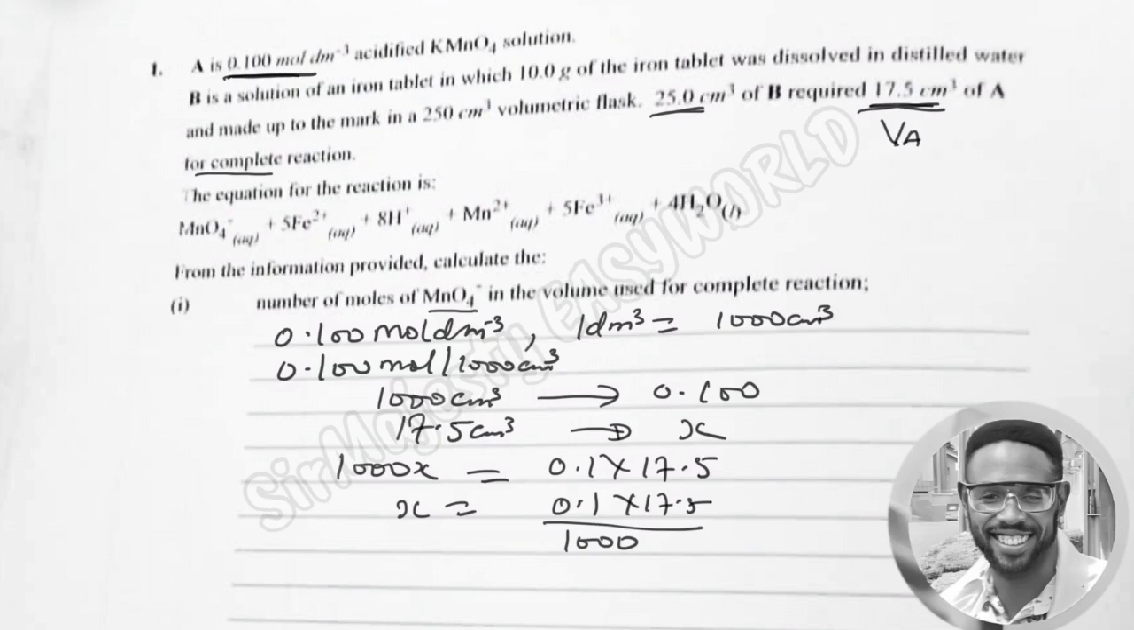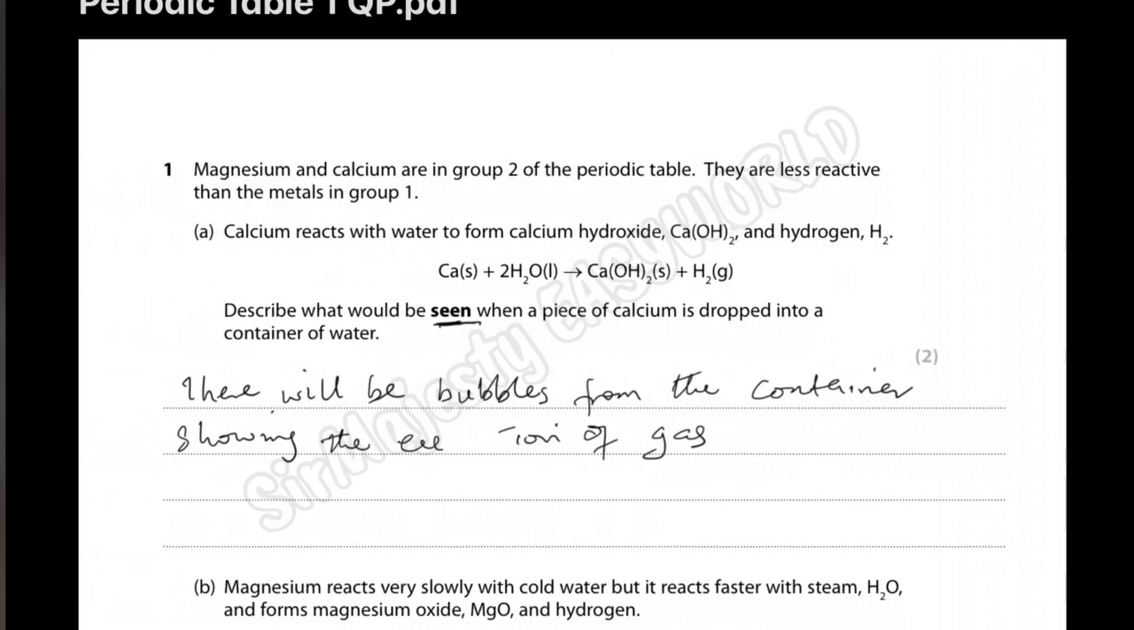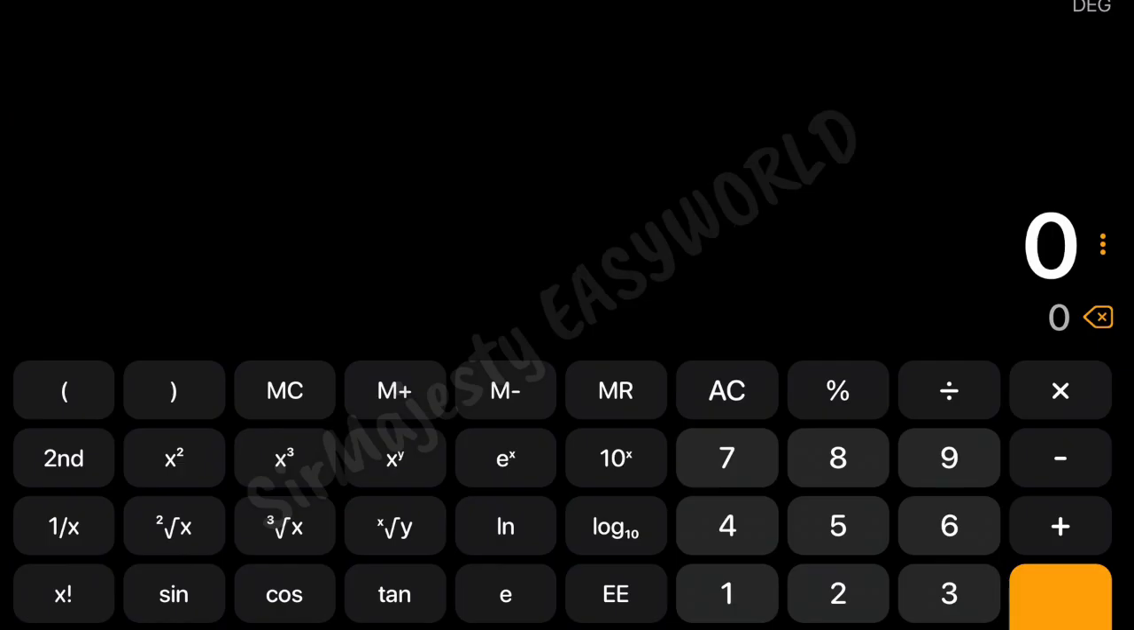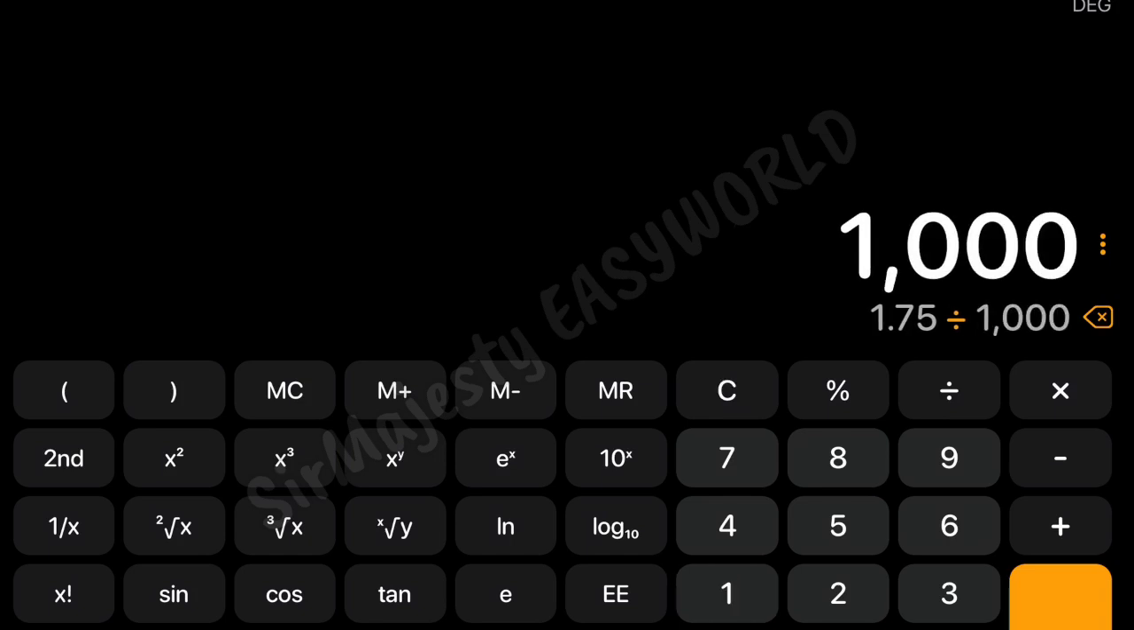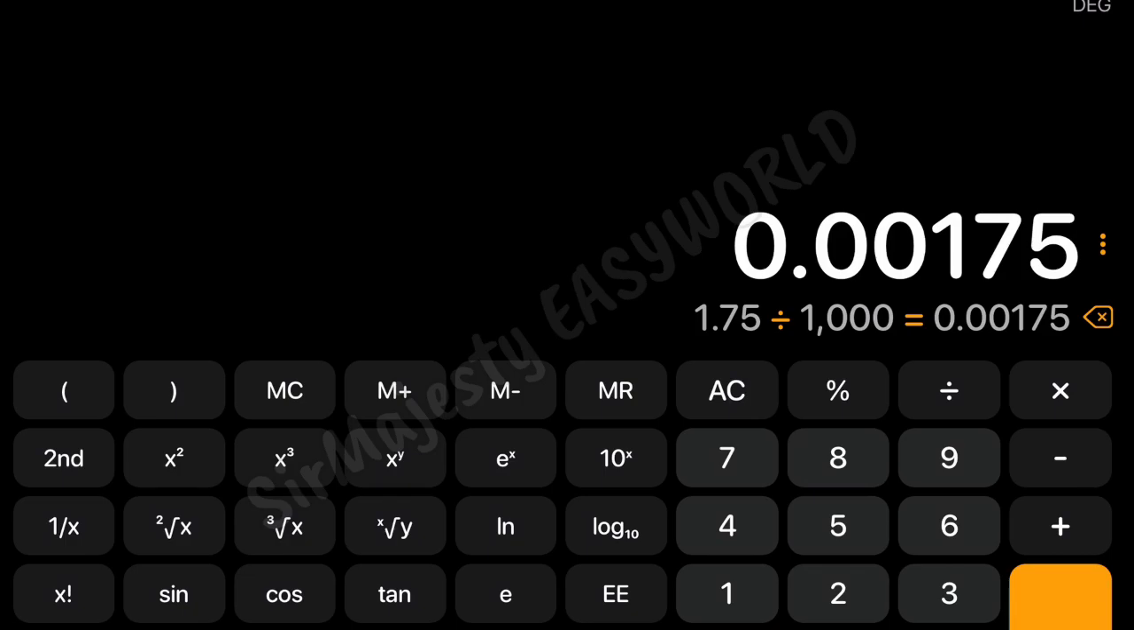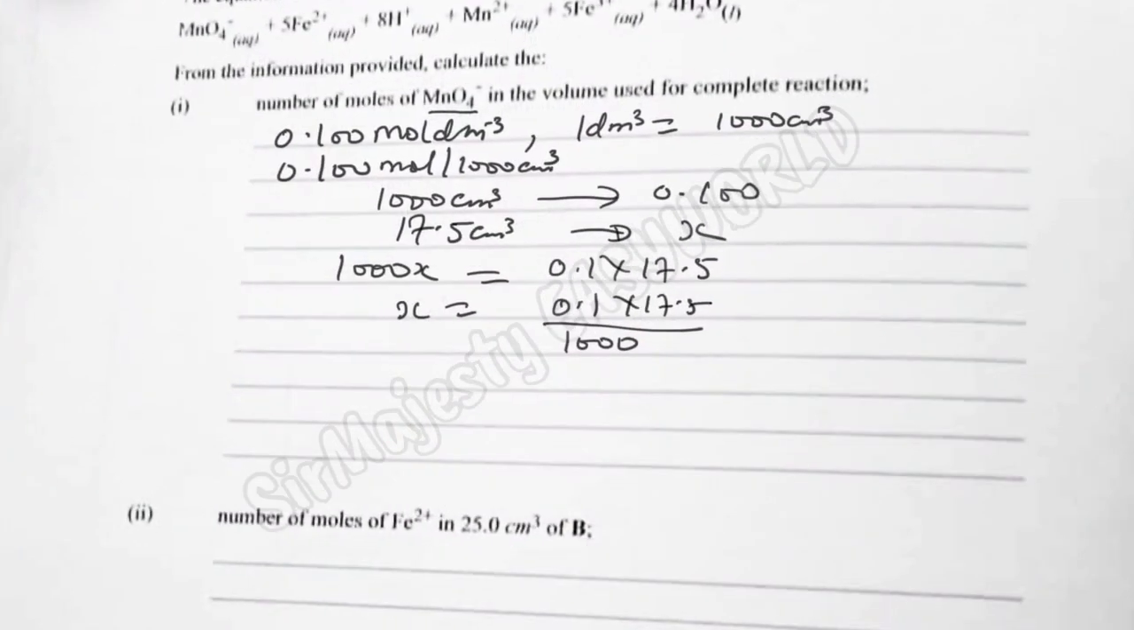So we try to use the calculator to check our final answer. From what we have, we are multiplying 0.1 times 17.5, of course. Then finally divide by 1000, which will give you 0.00175. If I am correct, yeah, 0.00175. This will give us 0.00175 what? Moles of